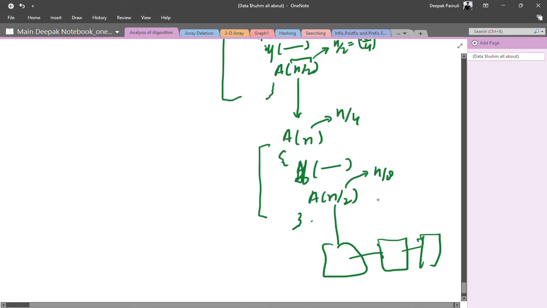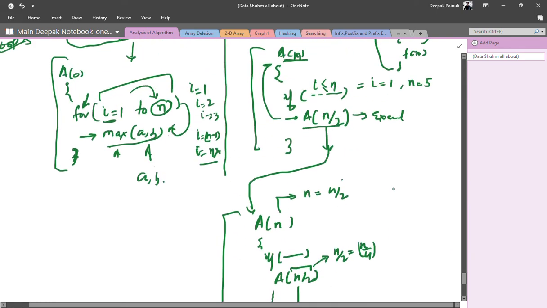That means you are calling the same function again inside the function, and again inside the function you are calling the same function again. That means you are recursively calling the same function, right? Until your condition doesn't match, right? In this way your recursion works.